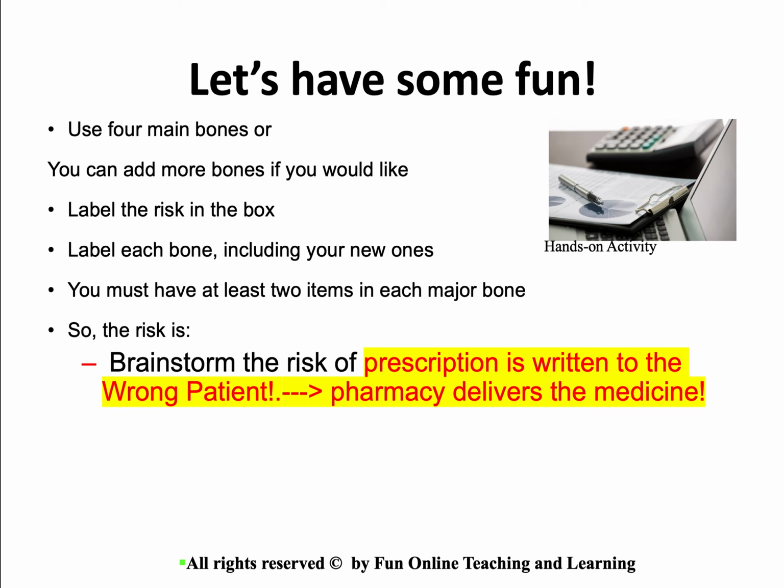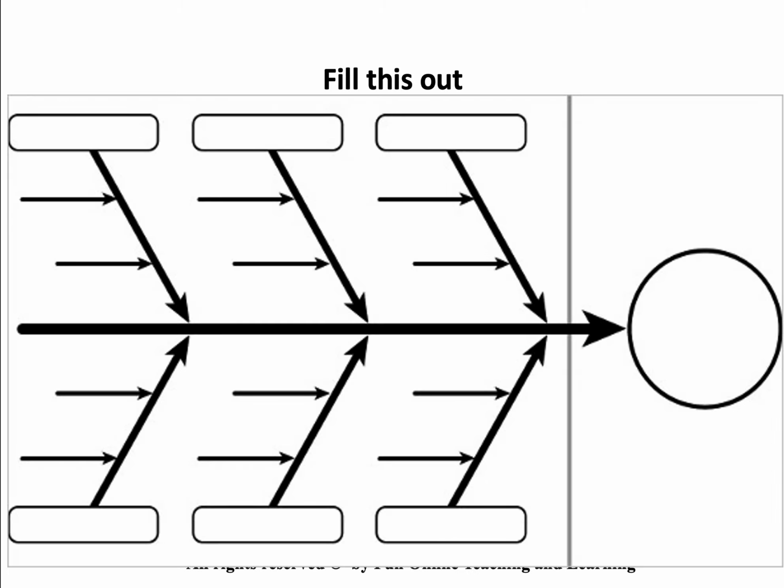For example, I will give one of them, but first I want to show you this. You can use such a format in your brainstorming sessions in your team or company. So for example, only one of them I can say. For example, at the pharmacy, maybe the printer ink was low, and so the name was not really readable, or there may be more than 1 or 2 similar names, or even the same names at that moment, right? Then they may have delivered it to the wrong person. So think about these kinds of